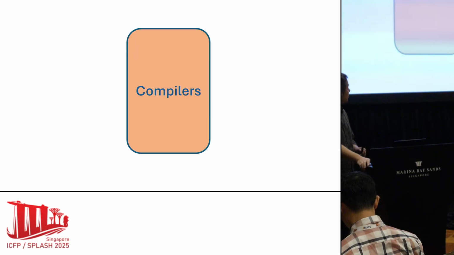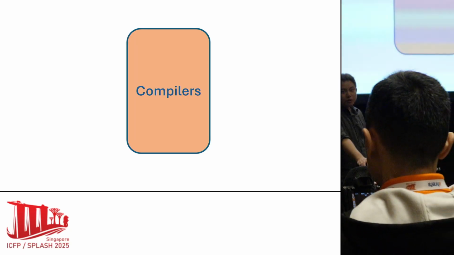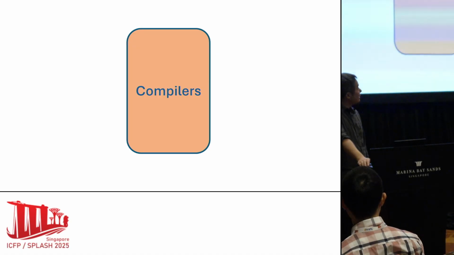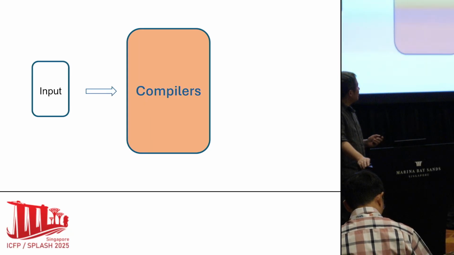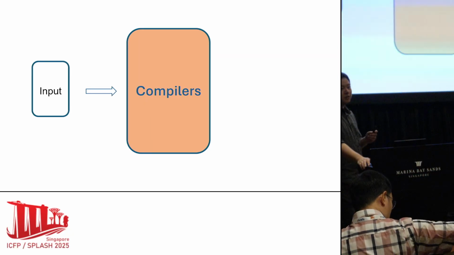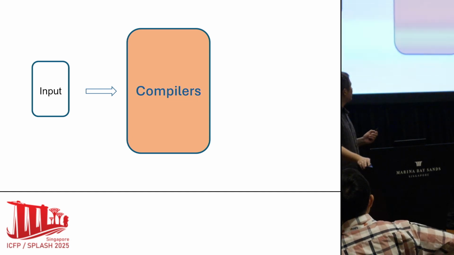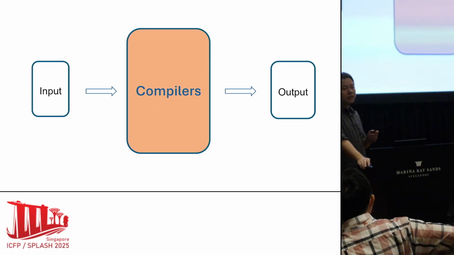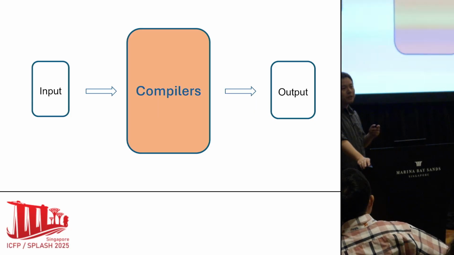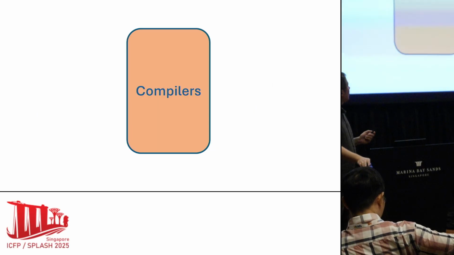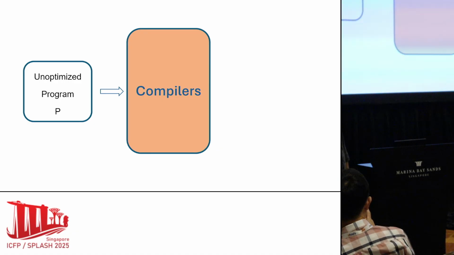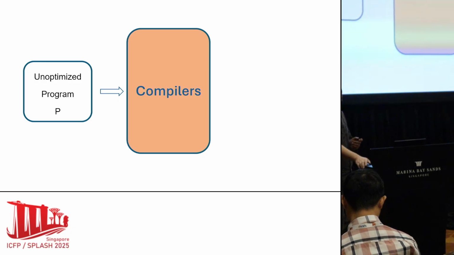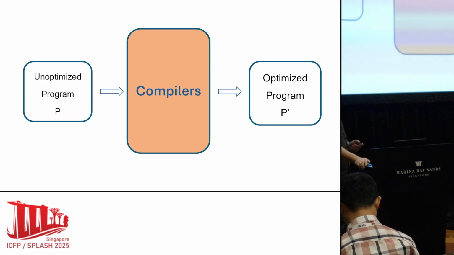So first question first, what is a compiler? Sounds like a philosophical question. A compiler is actually a computer program. Like any computer program, it takes some text as input, performs certain computations, and then produces text output. But on the other hand, a compiler is also a specialized type of software where your input is yet another program. And then the compiler will perform certain optimizations on your input program and produce an improved version